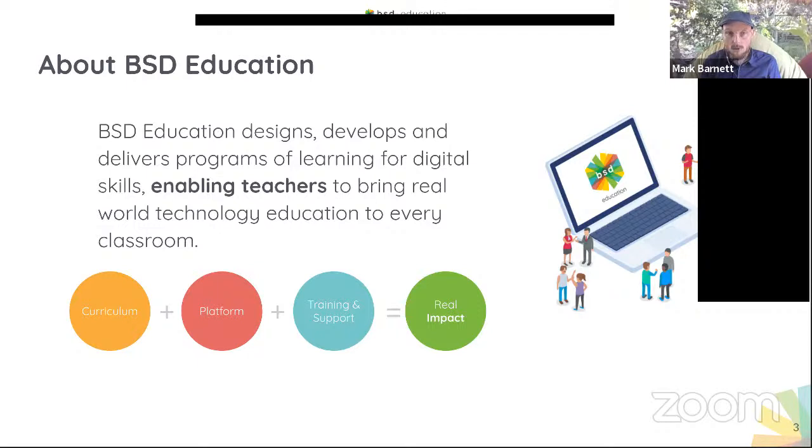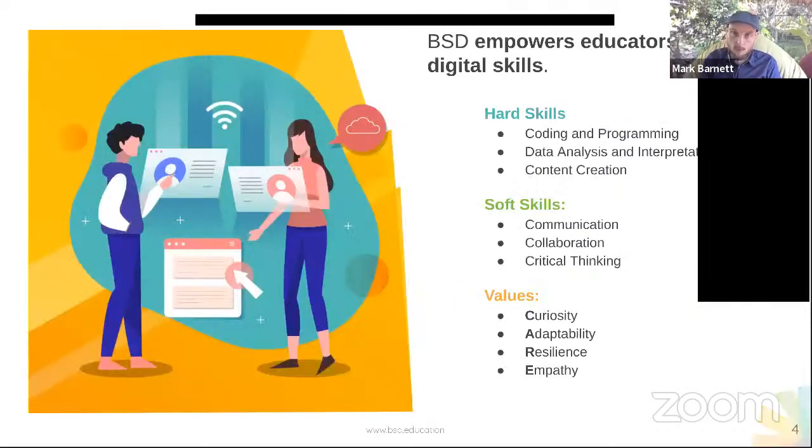At BSD, we teach digital skills. That could be content creation, database understanding, and digital citizenship, but on top of that, we also add coding to our projects. We're teaching HTML, CSS, and JavaScript to students so they can design and make real web applications, video games, virtual reality experiences, and artificial intelligence projects, all wrapped into this nice platform that we've developed. At BSD, we really work with educators, and our goal is to empower educators so that they have the ability to use and teach these skills in the classroom with our platform.